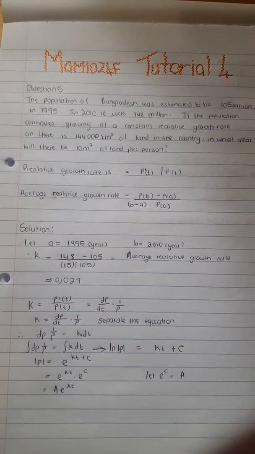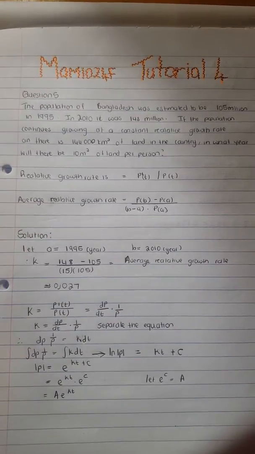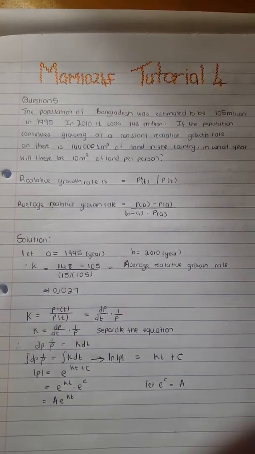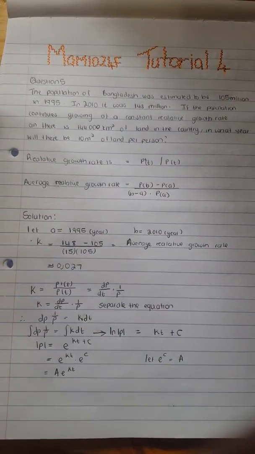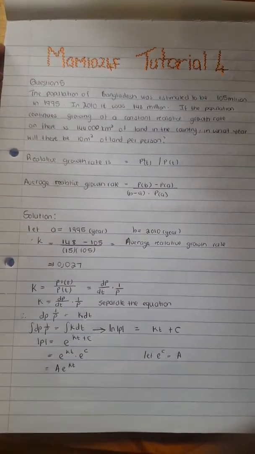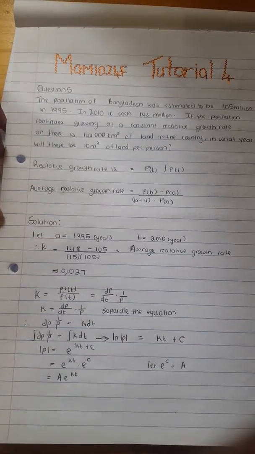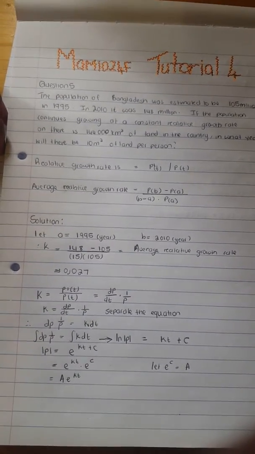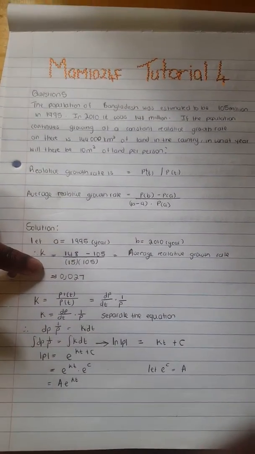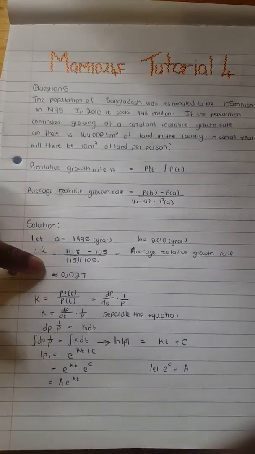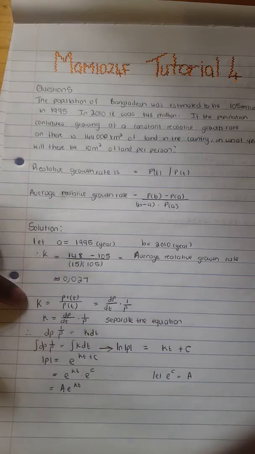The relative growth rate is the derivative of P of t over P of t. The average relative growth rate is given by this equation. For the solution, we are going to let A equal 1995 and B equal 2010. We are going to let our average relative growth rate equal K. When we put in all our values, we get that K is equal to 0.027. K is also equal to the relative growth rate, which is equal to the derivative of P of t